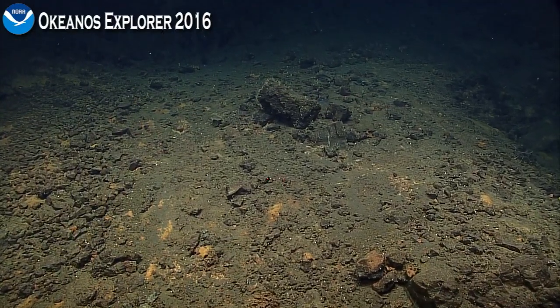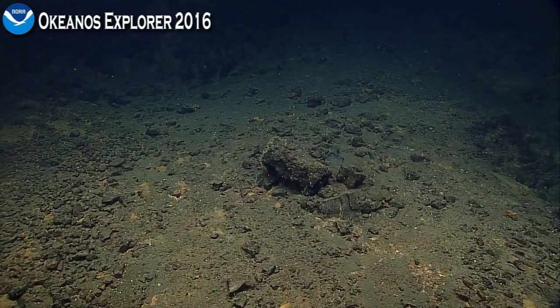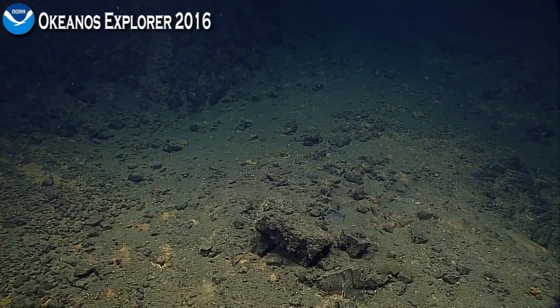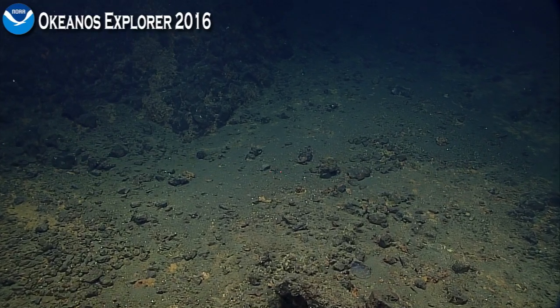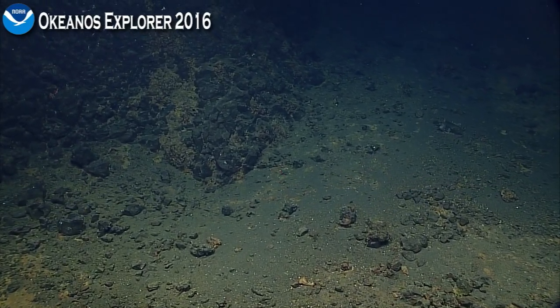Okay, so what's happening over there on the left? It looks like it's darker. There are more rocks exposed. Yep. And in the sonar, we see a rock face in front of us, so I think we're going to be seeing another outcrop or a pile of rock. No, there is some